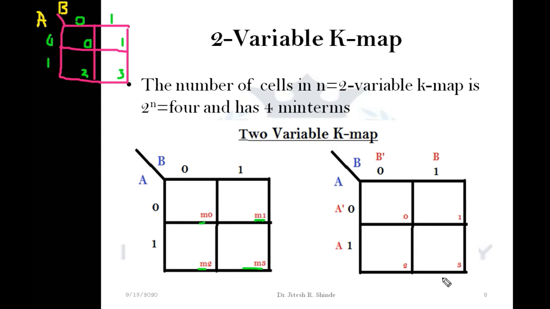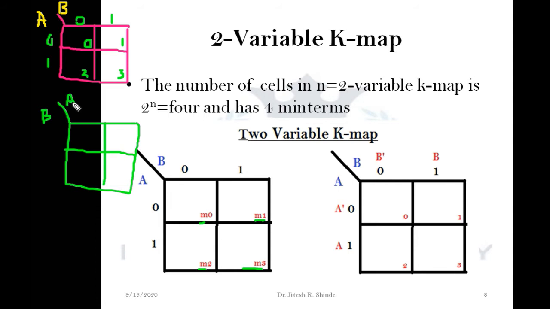In one more way, if I am drawing the K-map in this fashion, generally I will not prefer this way, but we should have the knowledge of this. What's the other way? Now, if by mistake I write B here, it's a correct way also, but it creates complexity while solving the numerical.